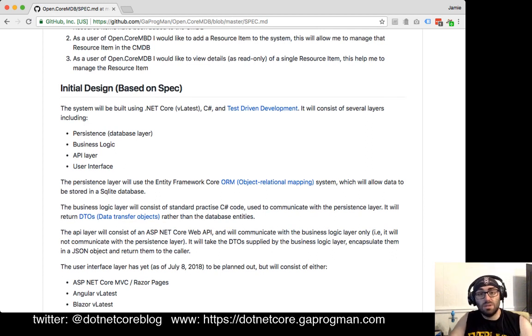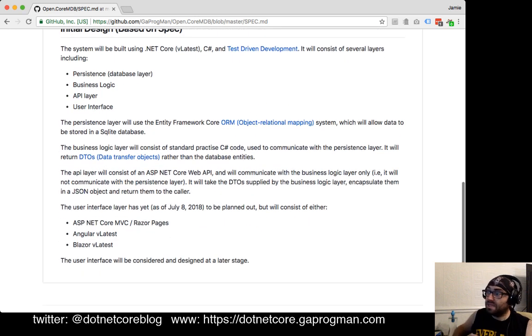We're going to use 4 layers. Persistence. Oh, that's gone really dark then. Persistence, I'll do it this way. Persistence, business logic, web API, and a UI for the front end. So the idea is going to be a web application, but we're going to use all sorts of different technologies in the intervening levels. And I've settled on Entity Framework Core, and we're going to use for now SQLite, because